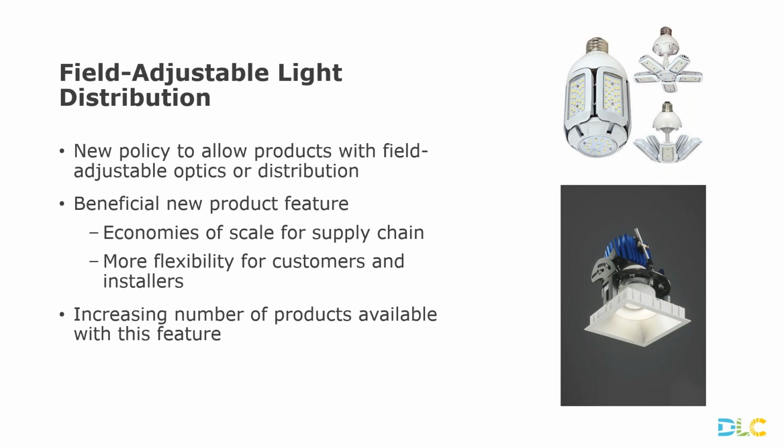They also provide more flexibility for customers and installers. This can provide benefits for an installer or a customer being able to actually adjust the distribution of light once it's installed to better meet the needs of the task or the application. And we're seeing more of these products becoming available. I actually want to poll you in a minute to get a little bit more insight into that in terms of how many of these we may be